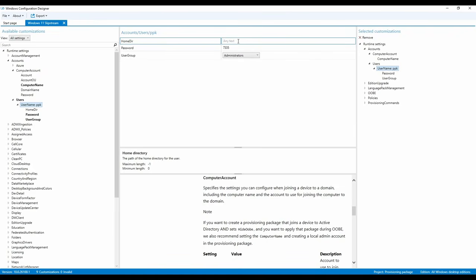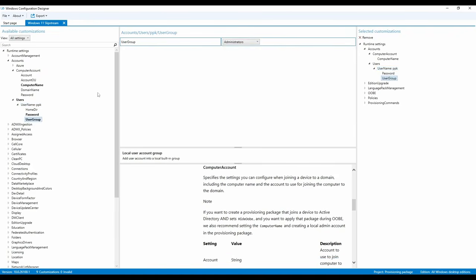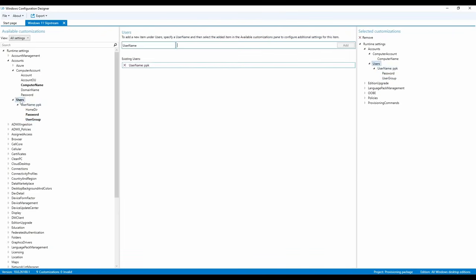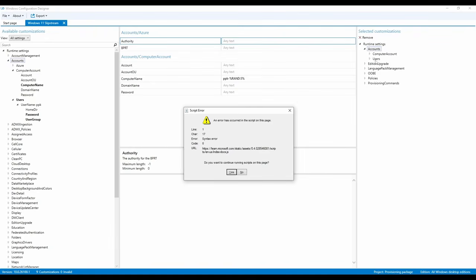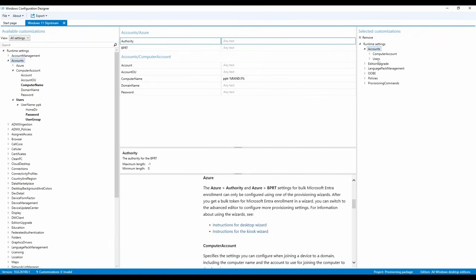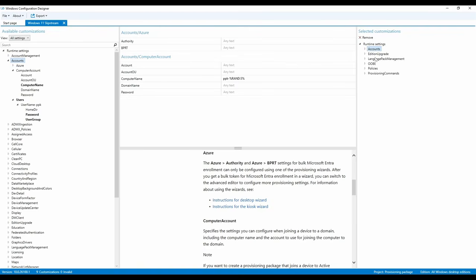PPK. Why doesn't it show it there? Funny business. It shows it up here. Anyway, so there's the user account, computer account. Right, and then addition